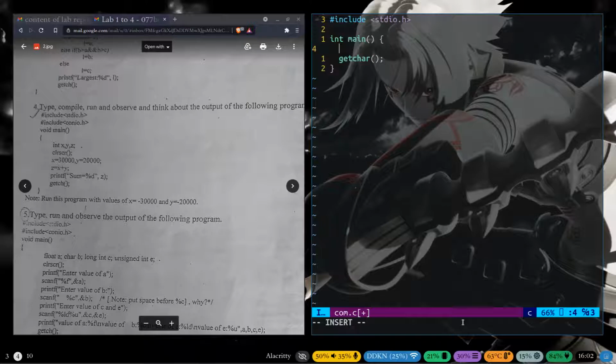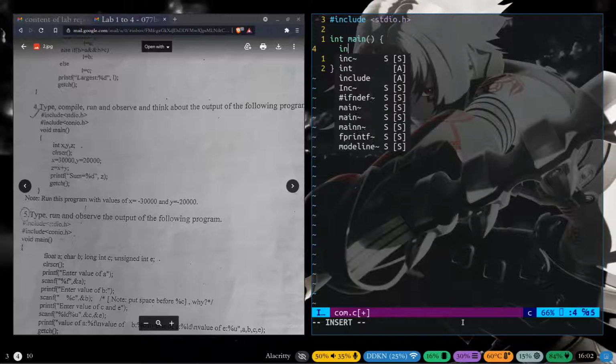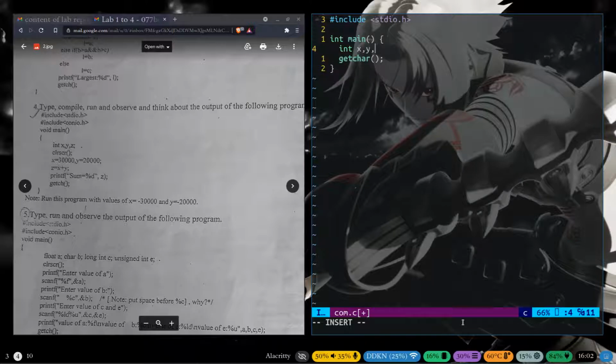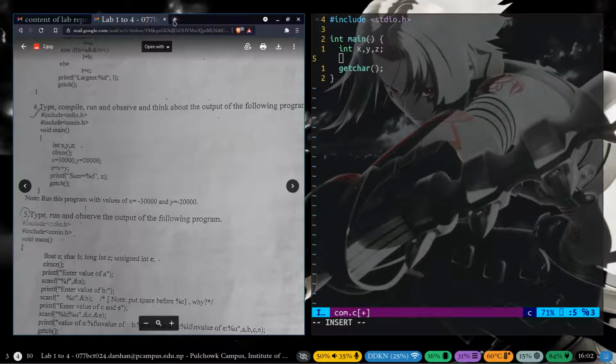What I'm going to do is this one: compile, run, and observe and think about the output of the following program. Void main, int x, y, z, clrscr. I do not know the thing. Okay,